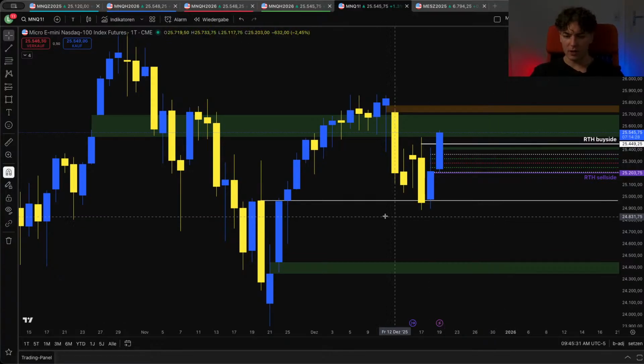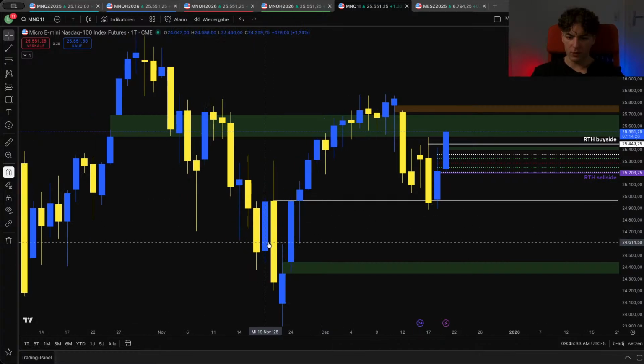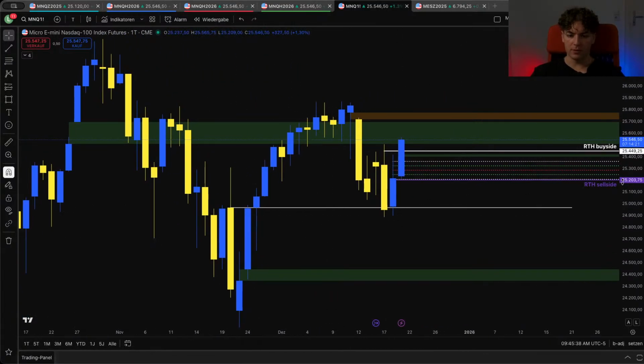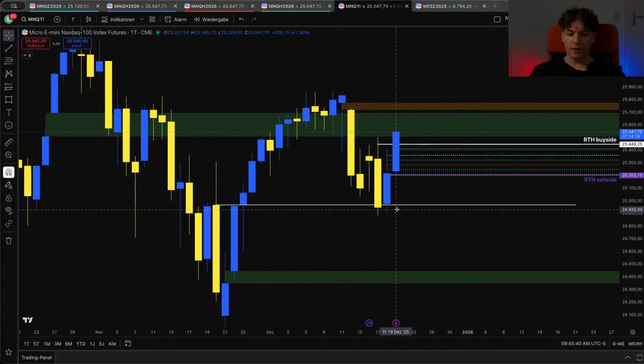So to be honest, I completely ignored this order block. I don't know why I wasn't aware of this order block right here. Nevertheless, we could have seen at least a wick down into this volume imbalance. But now if we respect the order block as we did here, and we weren't even able to trade down into this inefficiency, that means that this inefficiency stays open and price